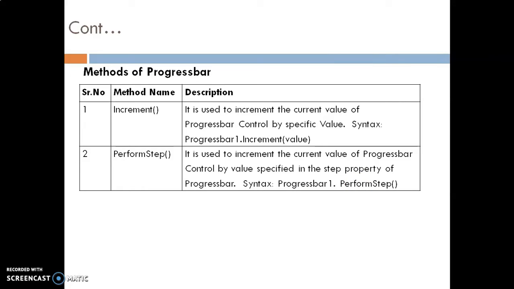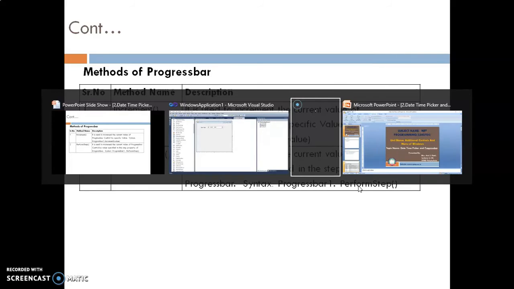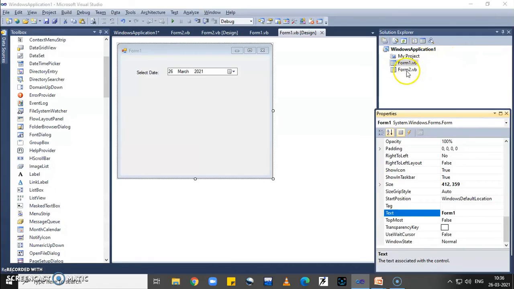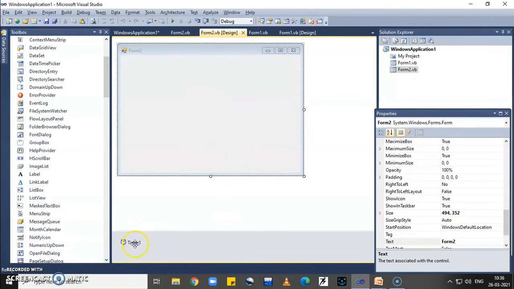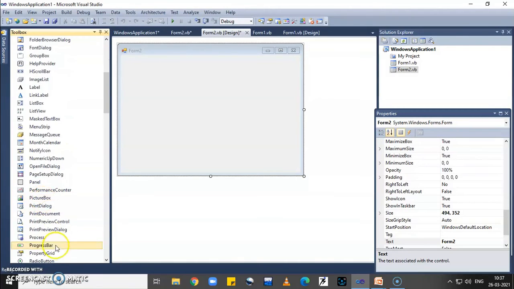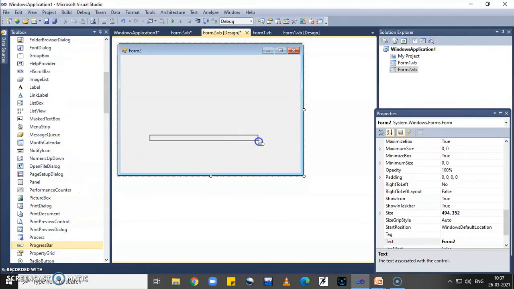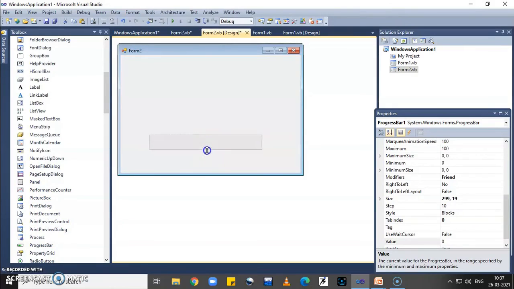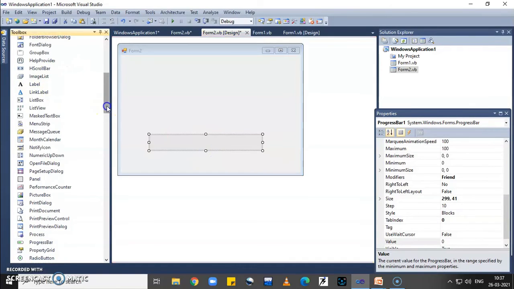Now switch over to the practical, our Windows application. Open form 2 which is already created. Now here put a progress bar control, then one button.